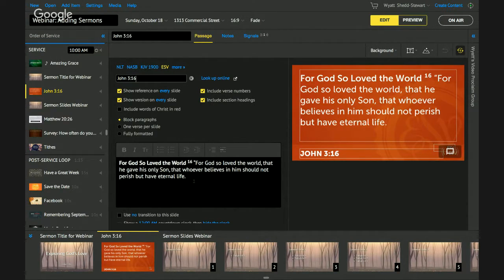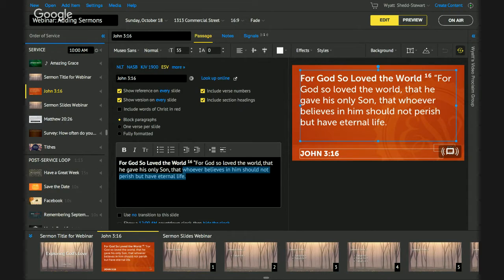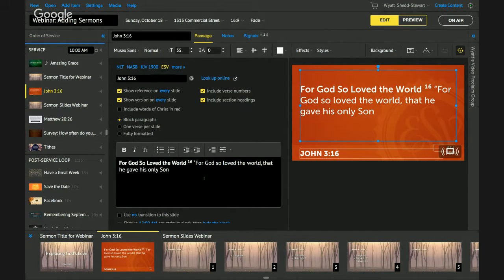And one thing I hear from pastors is that sometimes they want to show just partial verses, not whole verses. So I can come in here and I can actually bring a verse down to just part of its fragment, so that we can show just partial verses as we're working. So now we're in John 3:16a. So just a couple of different ways that we can go ahead and be working here as we're editing out